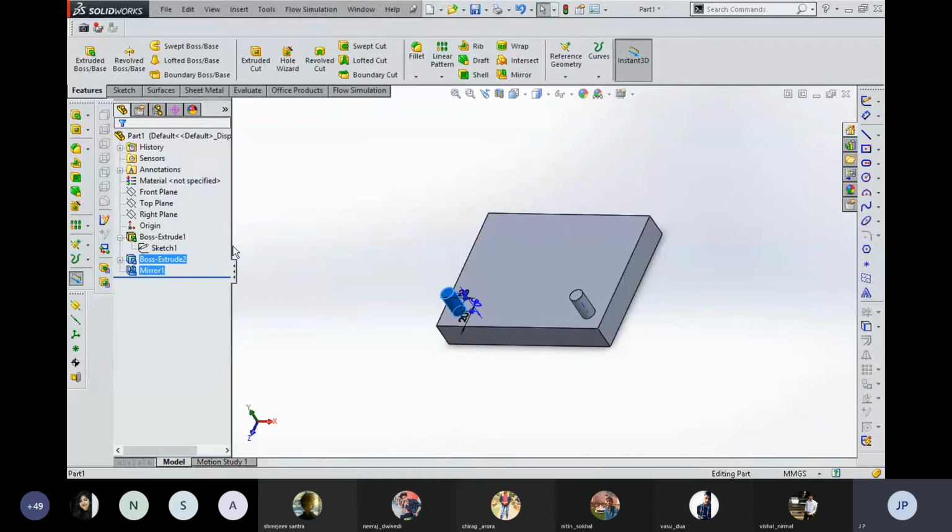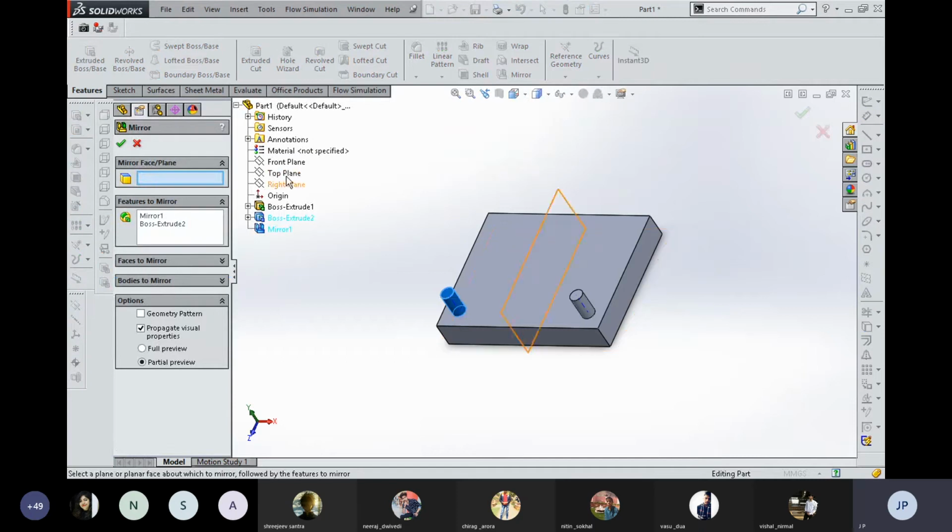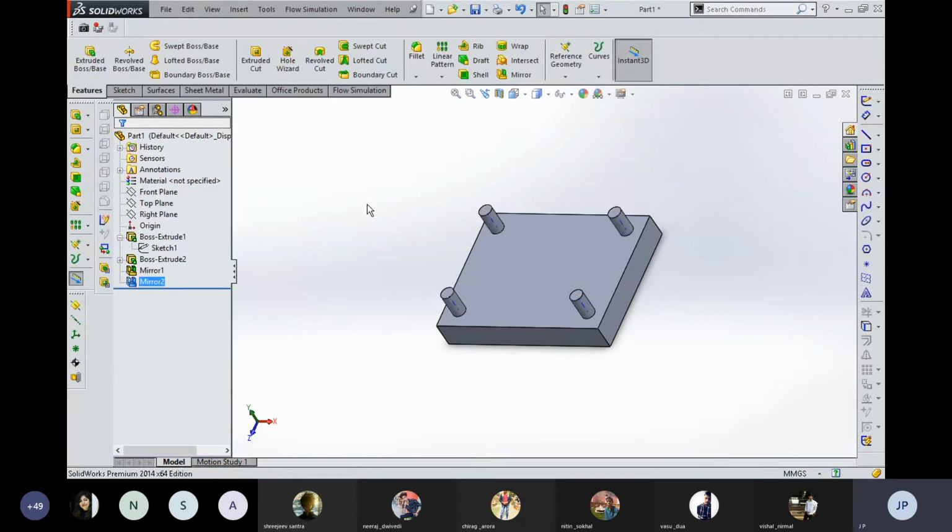So by selecting these components, I am going to create a mirror and then select the front plane. So you can see that with a few clicks we can create multiple copies of the solid part at the corners of this parent component. So these are the modifying tools that are useful for modifying the component as per use. Okay. Right now I'm going to delete these mirror parts so we can apply the other modifying tools.